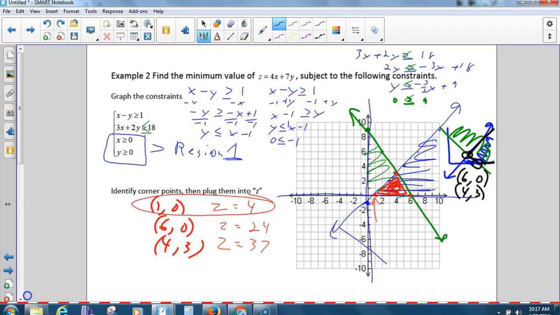And 6, 0 would give us 24, 4, 3 would still give us 37, and then we'd find out that our minimum would be right here at 6, 0. So just so you're exposed to it,